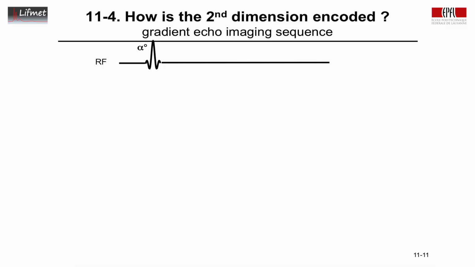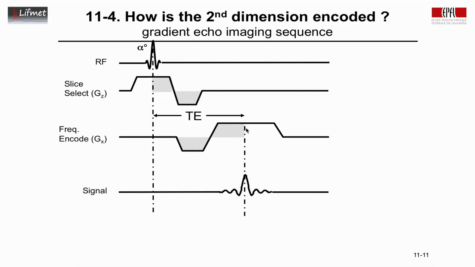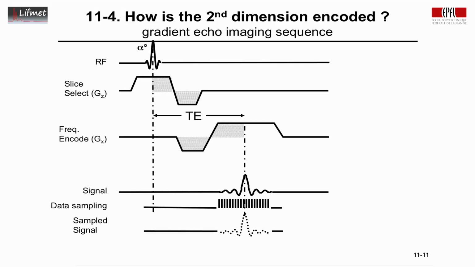We have an RF pulse that flips the magnetization to the transverse plane by alpha degrees. We have the slice select gradient with the rephase, which I will not comment on here. Then the frequency encode with echo formation. This is the condition of zero integral for the gradient, so this defines the echo time, TE. This is the signal that is produced. The data sampling is done over this time period,